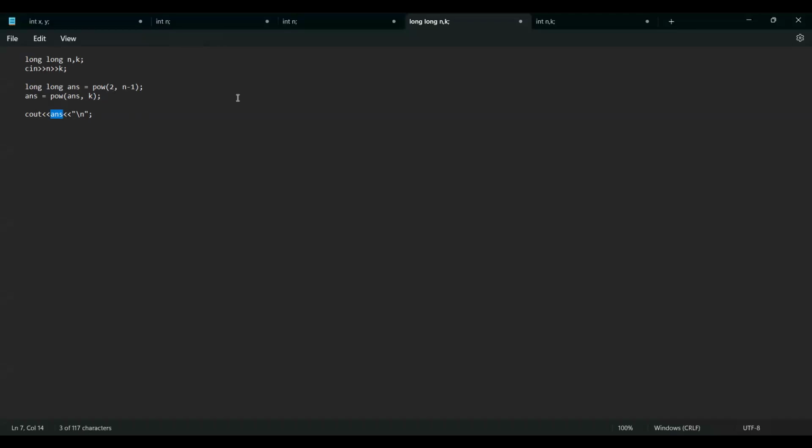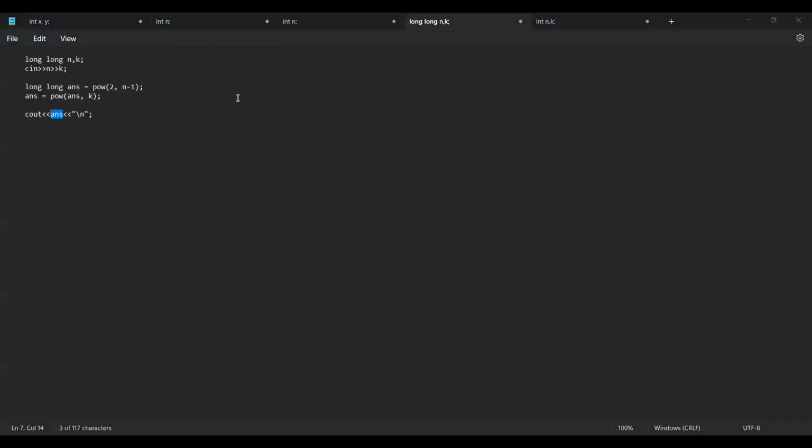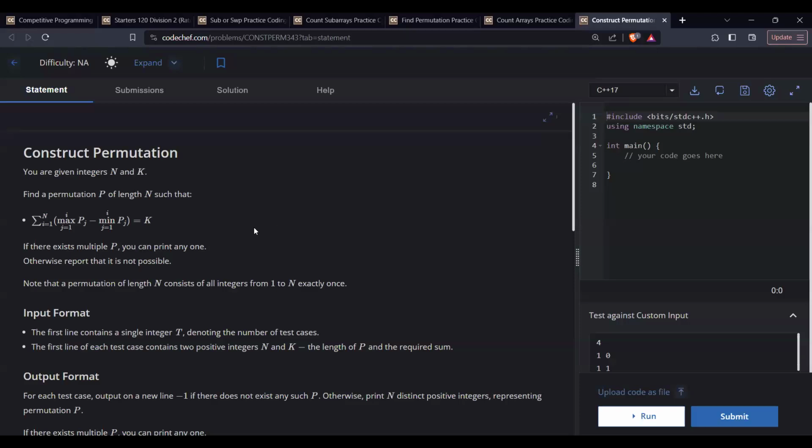So let's go to the next problem. So this is the next problem. In this, we are given two integers,